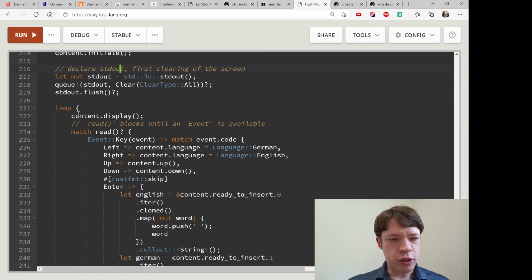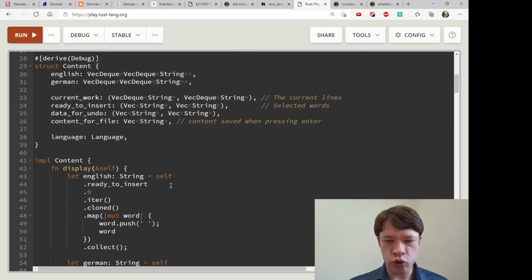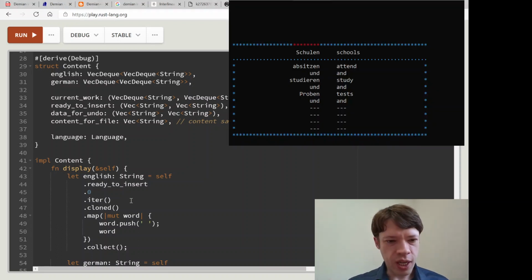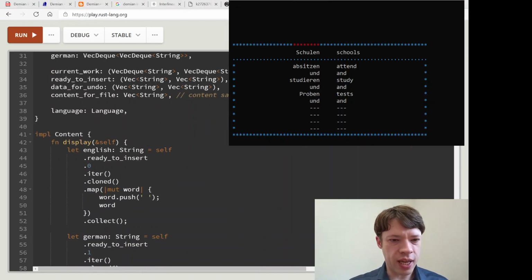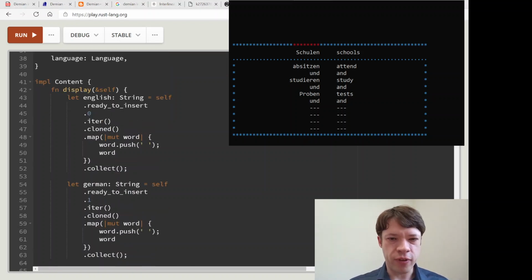And then the loop starts. So the first thing that it does is it displays the content, and that is just going to display everything we saw here. There you go. So it's going to print all this out, and here's how it works. So first, it makes a string for the English and the German.